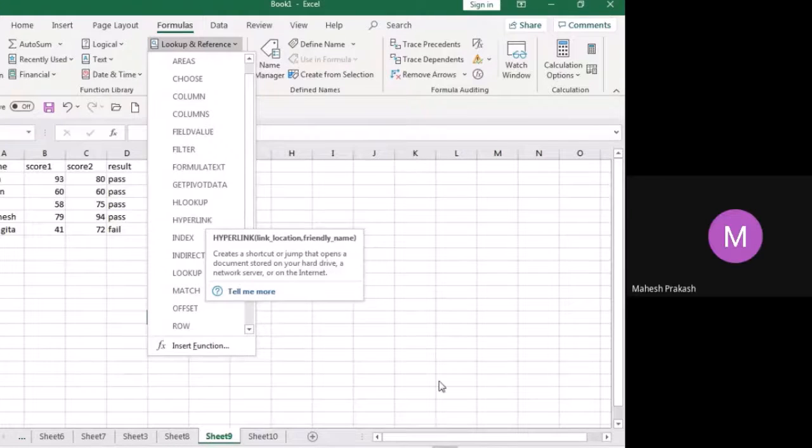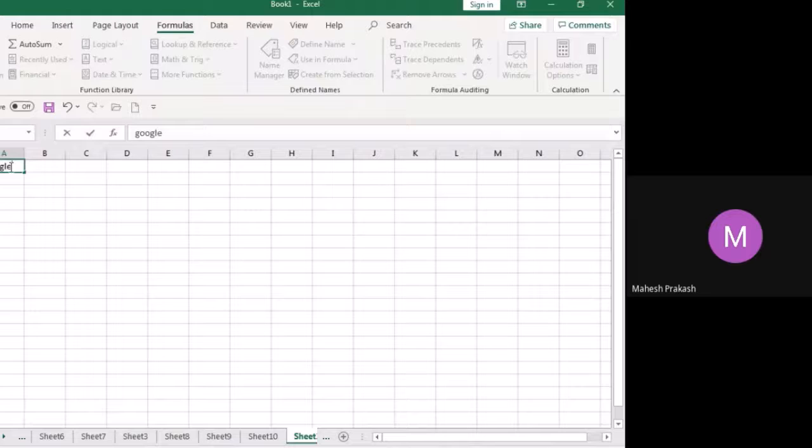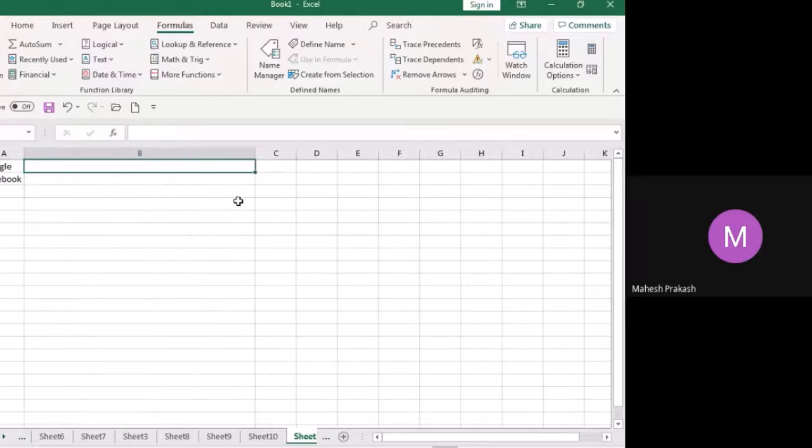What does hyperlink mean? Okay, so we'll work with hyperlink. Google is there, and Facebook. We'll keep it like this, and we don't know the email ID.